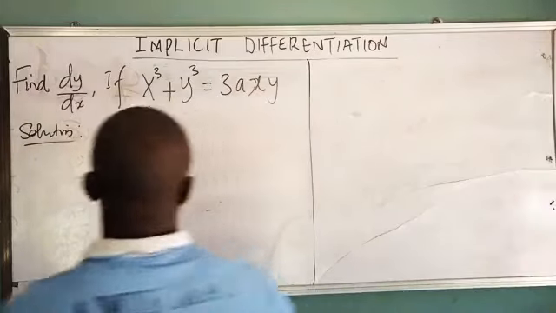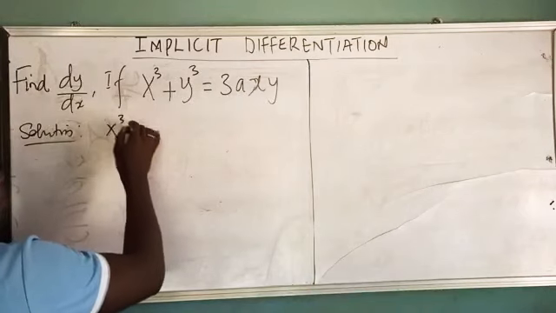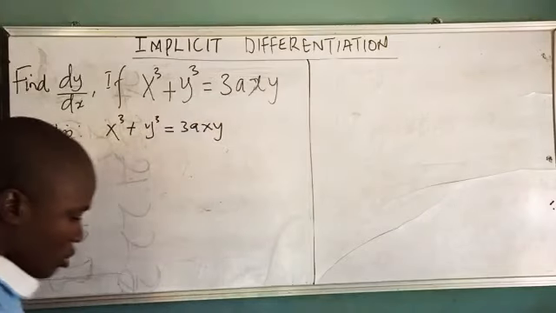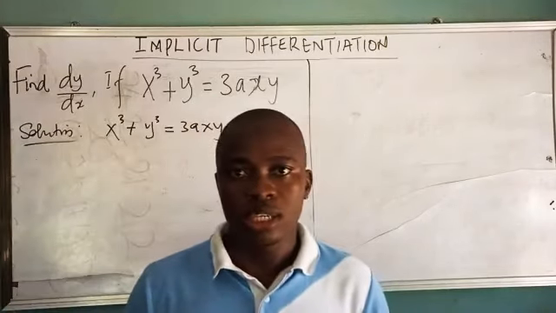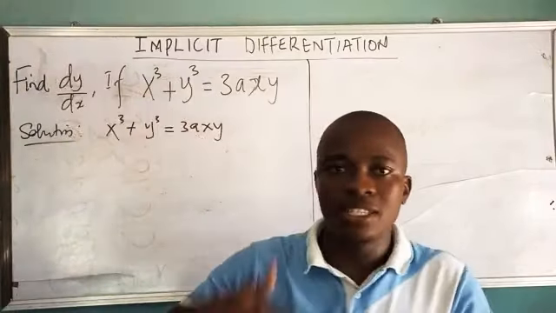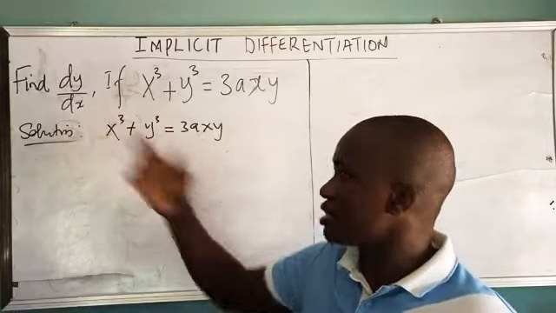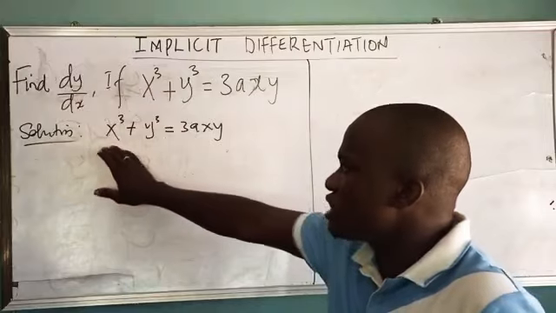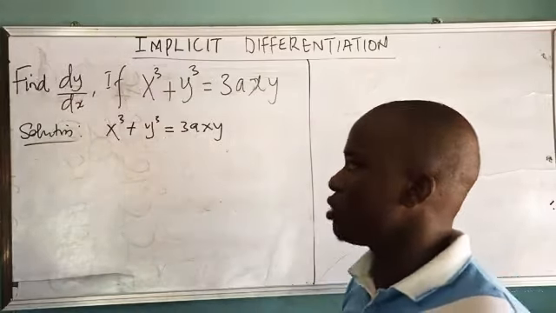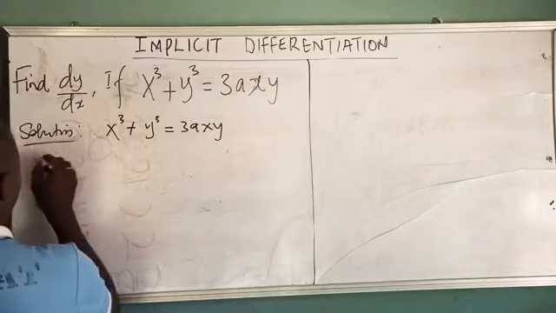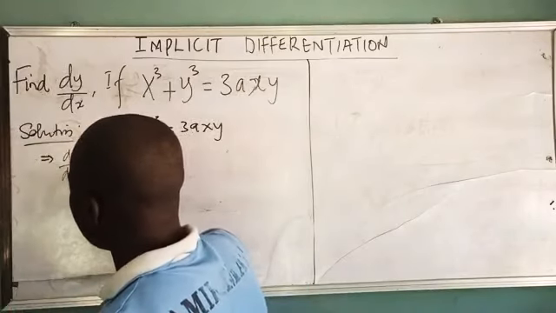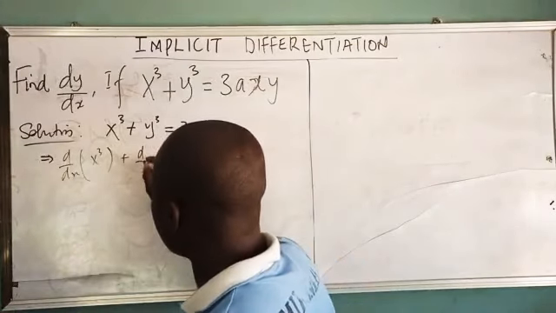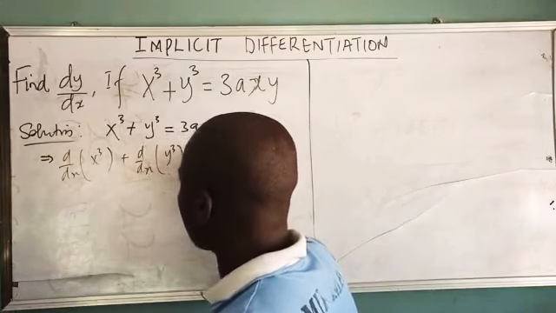So we have this question on the board, and we can rewrite it: x cubed plus y cubed equals 3axy. To solve this, I will differentiate with respect to x, because the question says find dy/dx, the differential coefficient of y with respect to x. So what are you going to do? You differentiate each term with respect to x. Therefore we have d/dx of x to the power 3, plus d/dx of y to the power 3, equals